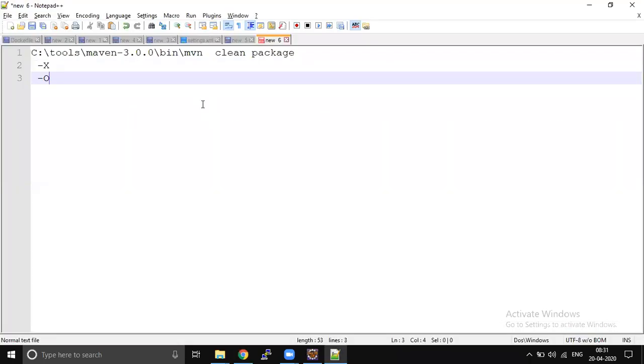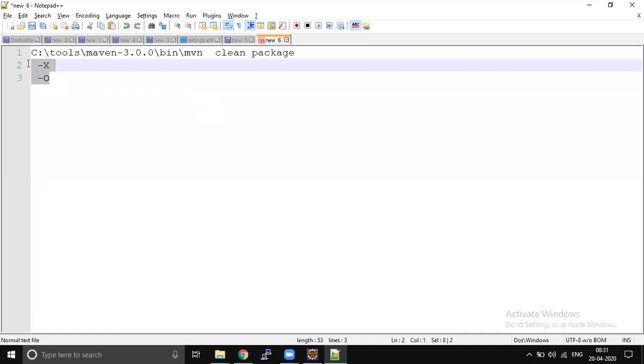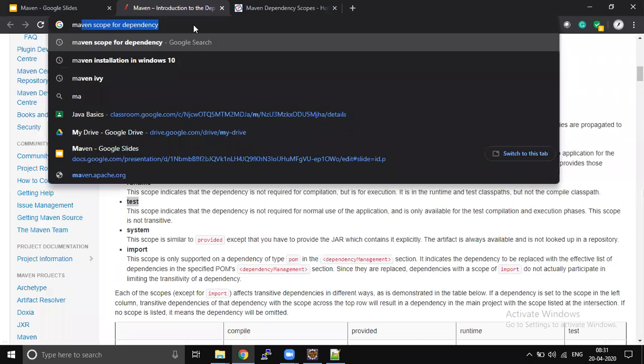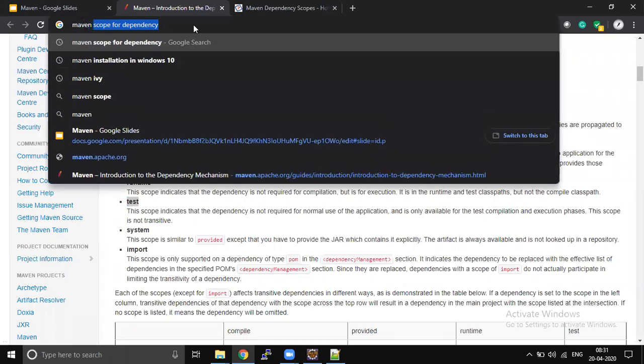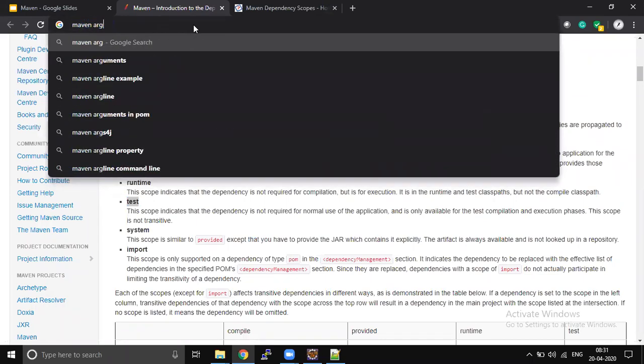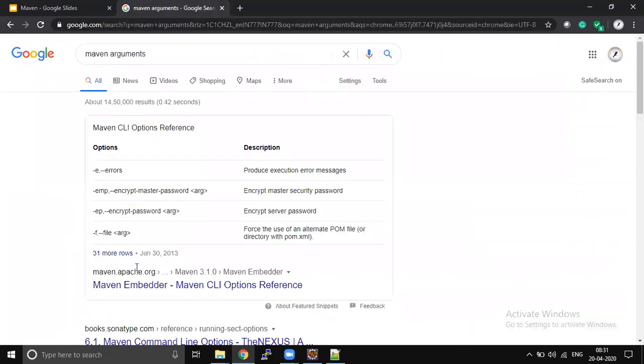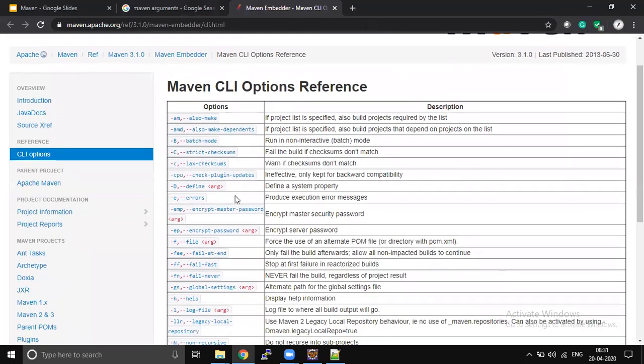Yeah, there are a few arguments you can pass, right? Maven arguments. There are so many options available. You just go through all of these.